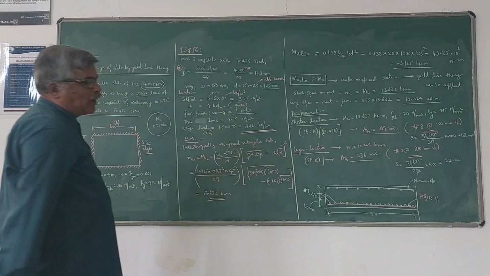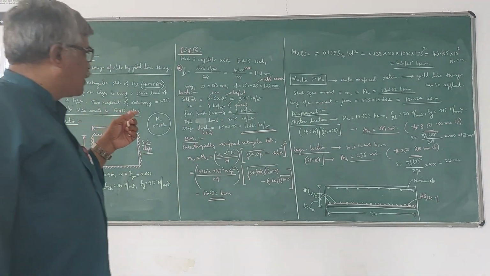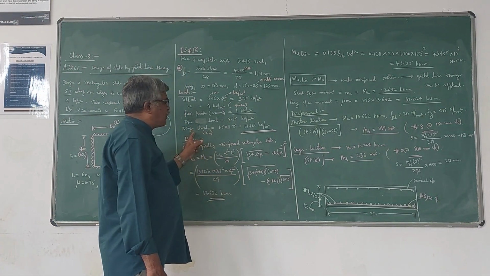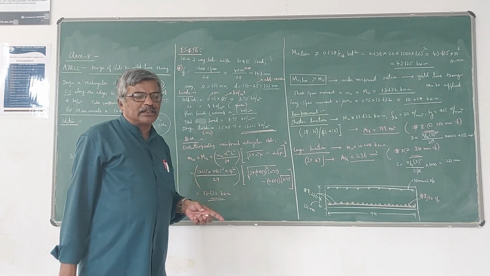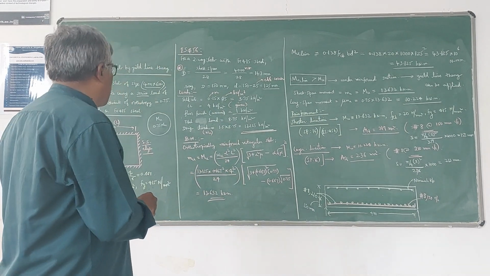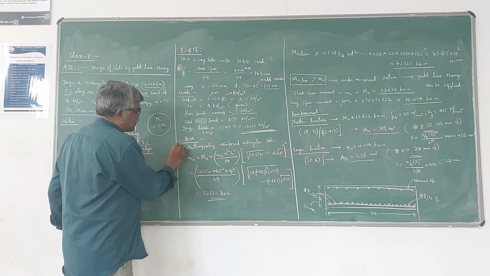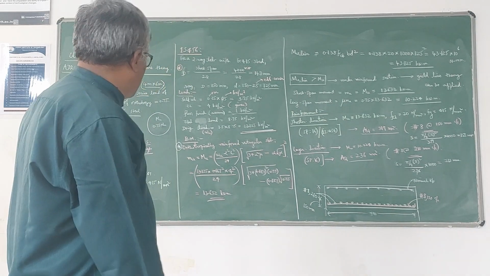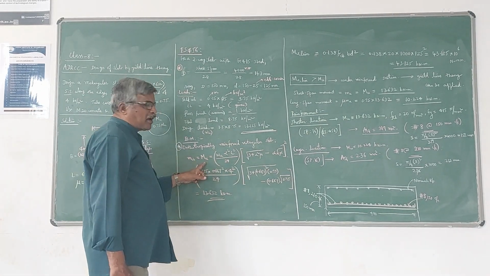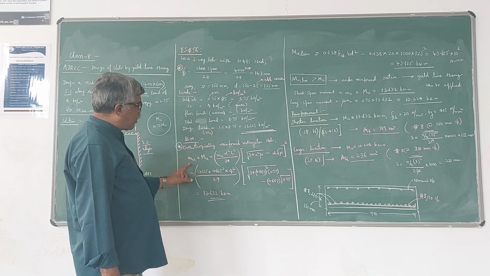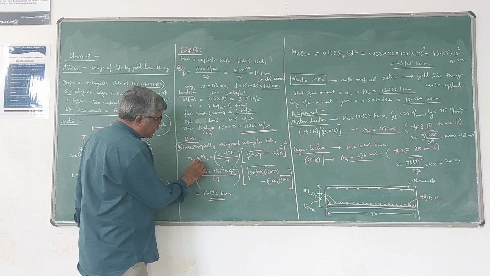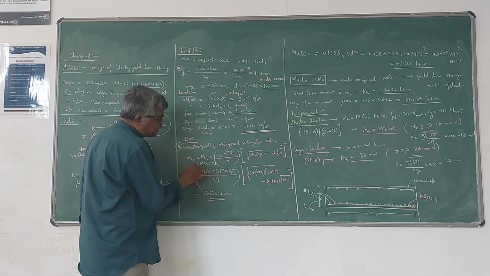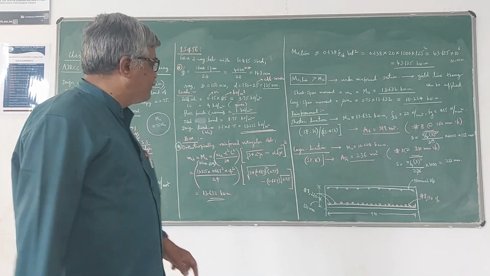Now that is the load calculation. The design load we have got on this slab is 13.125 kN per meter square, including both live load and dead load. Now let us calculate the bending moment according to yield line theory. In the last video class I had given some expressions for the value of the ultimate moment capacity of the section, which is denoted by small mu. This small mu is nothing but your maximum bending moment. In the case of RCC, we call it capital M u. In the case of yield line theory, we call it small mu.